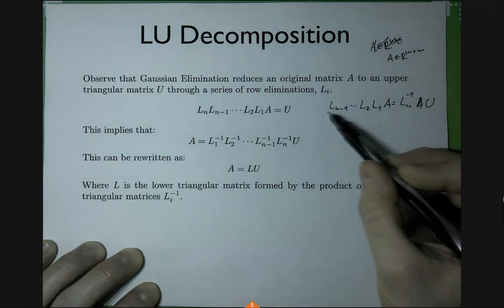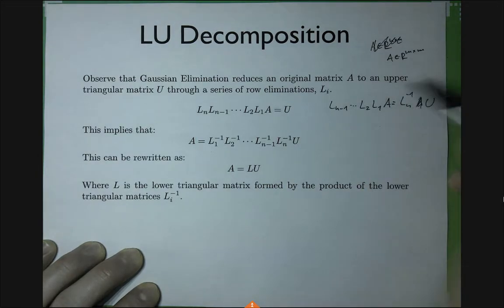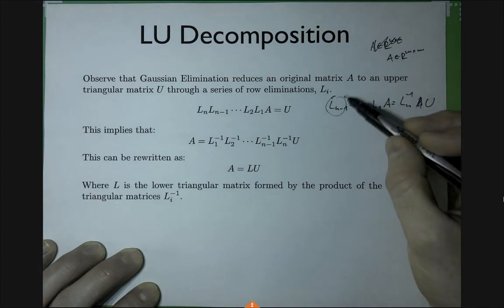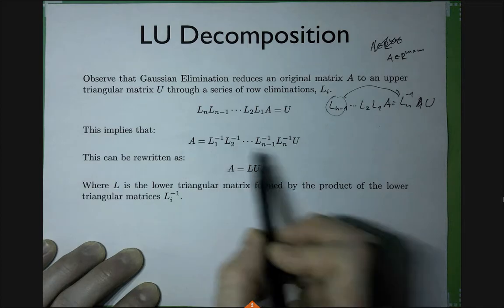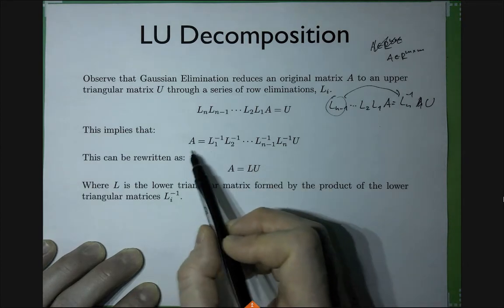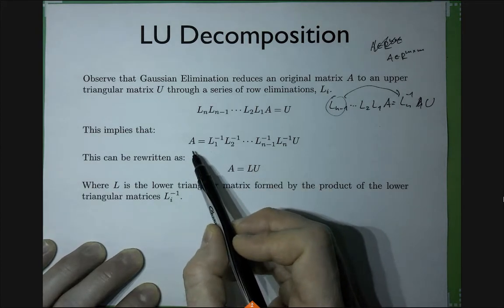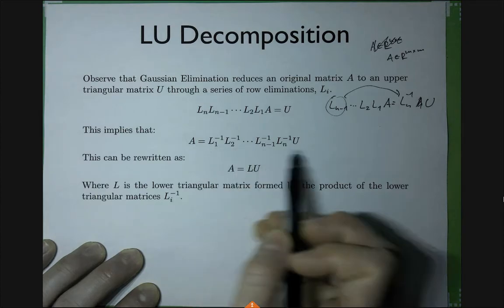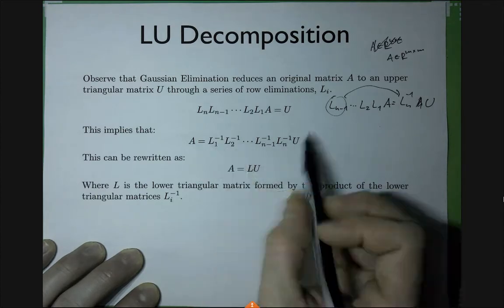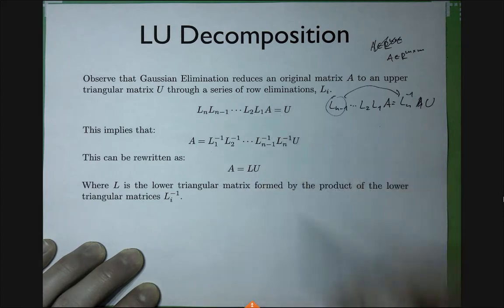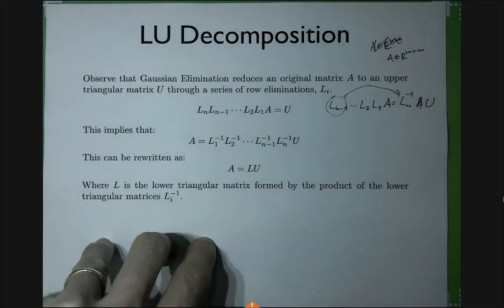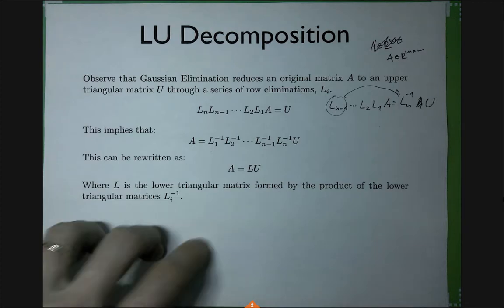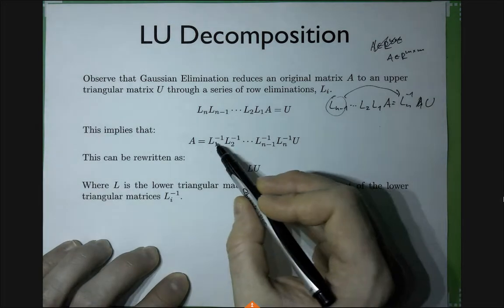I can do the same with Ln inverse, right? So basically get this guy out of here and put its inverse here instead. And if I do it for all of them, I will eventually get essentially a rewriting of the original matrix A in this form. So like a sequence of the inverses of the elementary row transformations from Gaussian elimination. Is that clear? And now I will use the property of the product of lower triangle matrices.